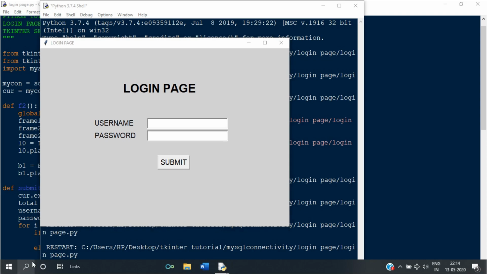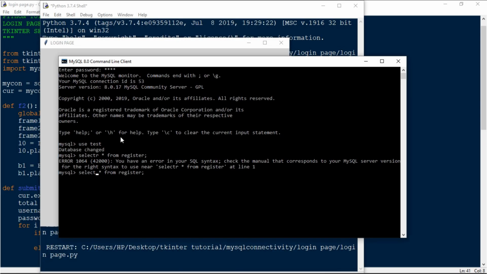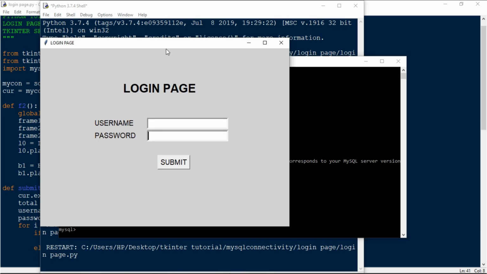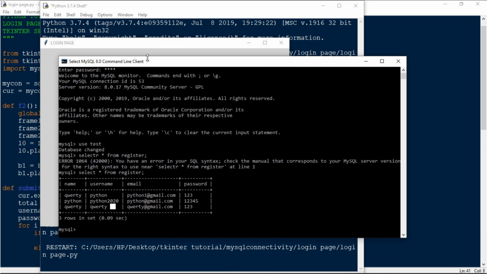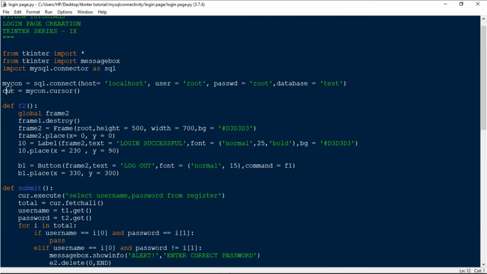Let me quickly see what is registered. Yeah, so the user is Python and the password is 123. So if I click the submit button, it says account is not registered, so something is wrong.